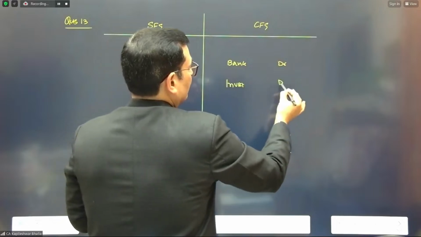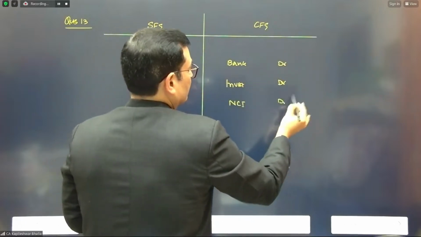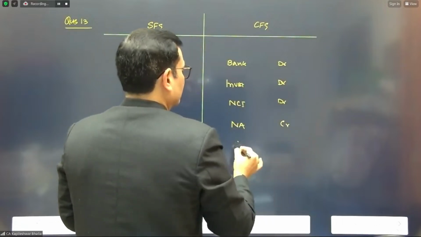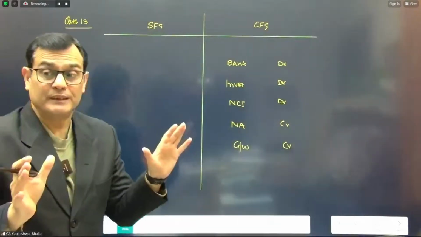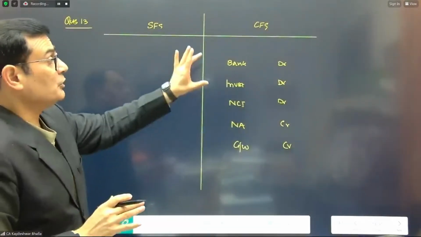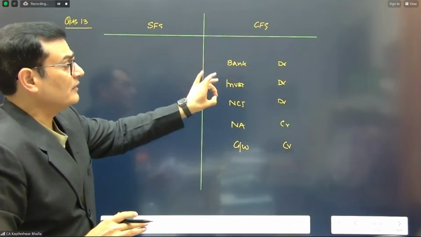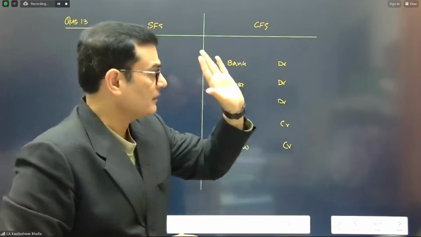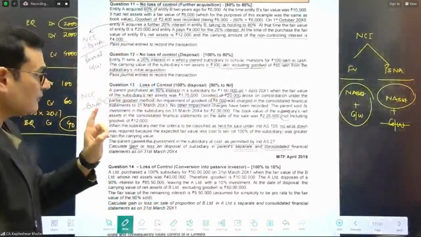Investment retained, if any, gets a debit. NCI derecognized gets a debit. And you can say the net assets gets a credit and the goodwill derecognized gets a credit. Get the basic entry and then we can fill up the figures. You need to record the money received on sale, the investment retained, if any, derecognition of goodwill, NCI, net assets. Now let's get back and we'll pick up the information one by one.